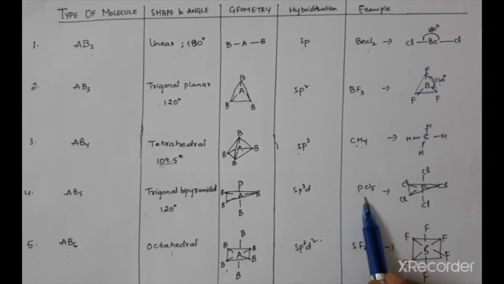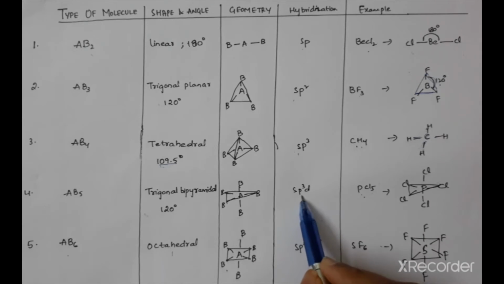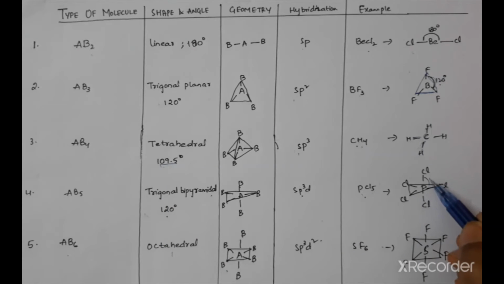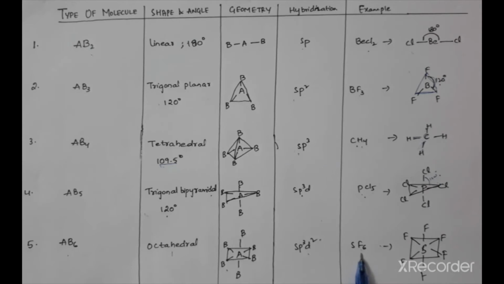And next PCl5, its hybridization is sp3d and trigonal bipyramidal, and the bond angle is 120 degrees between these two, 120 degrees. And next sp3d2 hybridization of SF6. Its shape is octahedral and it's 90 degrees. It doesn't seem like octahedral, but all these atoms are not in the same plane, they are in different planes. So if you arrange the structure, it seems like a distorted octahedral, and its hybridization is sp3d2.